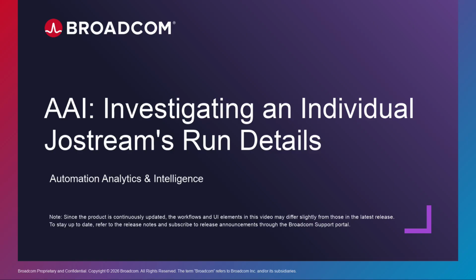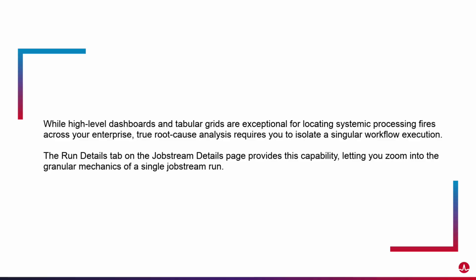Welcome to investigating an individual job stream's run details in AAI. While high-level dashboards and tabular grids are exceptional for locating systemic processing fires across your enterprise, true root cause analysis requires you to isolate a singular workflow execution. The Run Details tab on the Jobstream Details page provides this capability, letting you zoom into the granular mechanics of